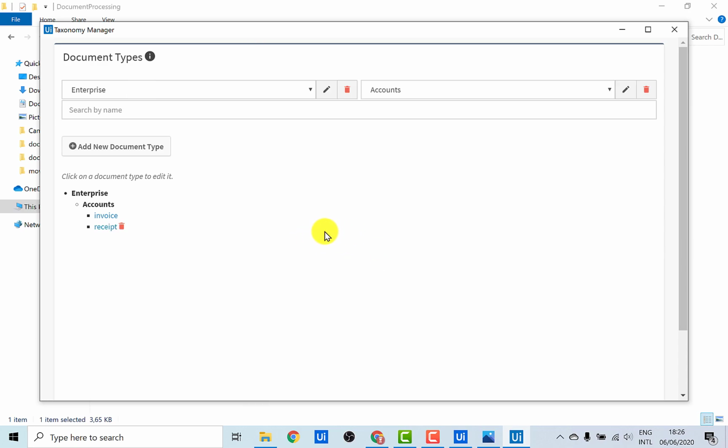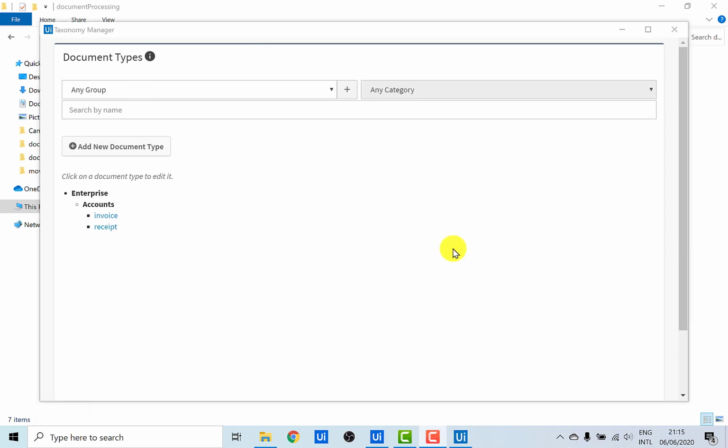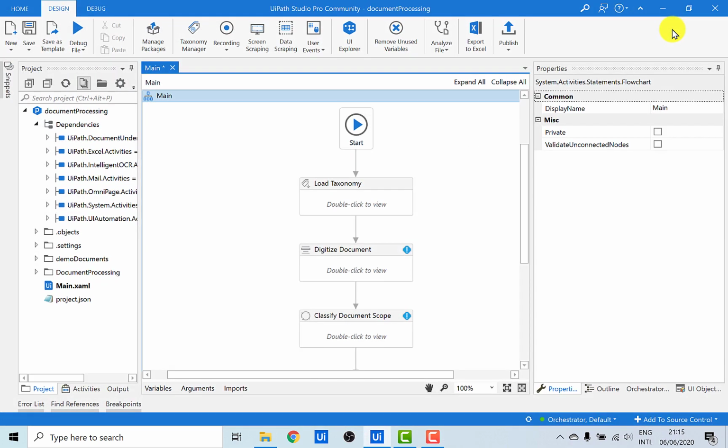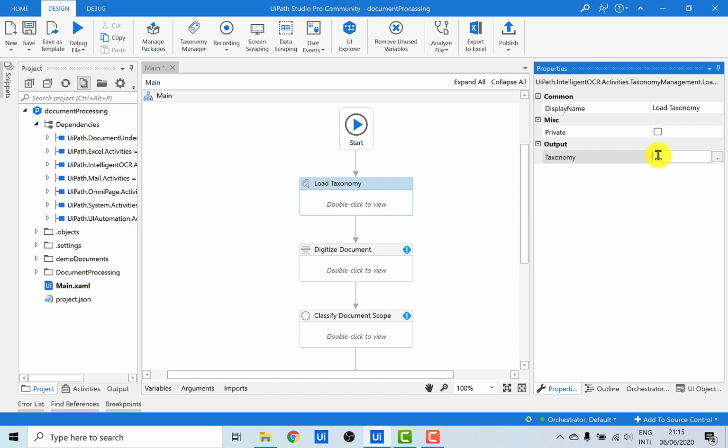So that's all for the taxonomy manager. Now that we know how to create a taxonomy document, let's go back to the UiPath Studio and load this document using the load taxonomy activity. The load taxonomy activity converts the created taxonomy file into a taxonomy variable that could be used within the workflow. So let's just create this variable